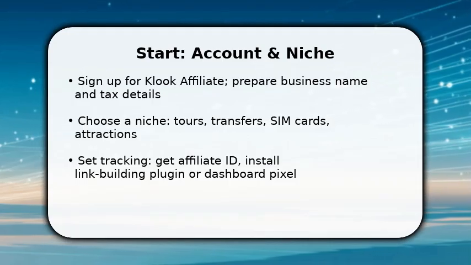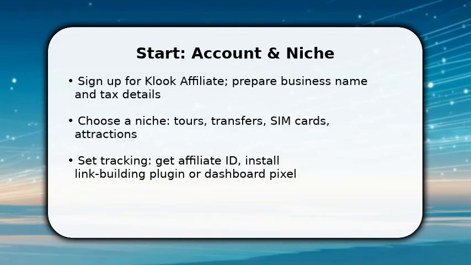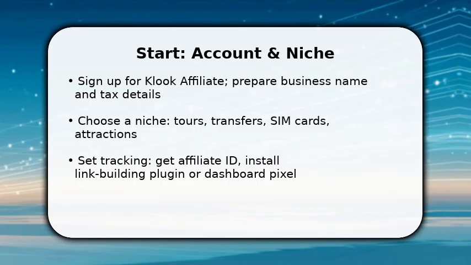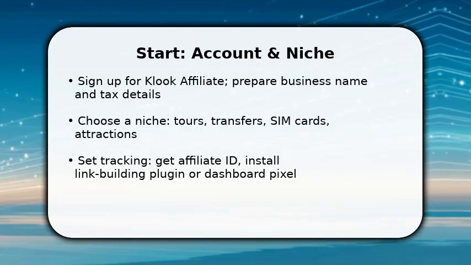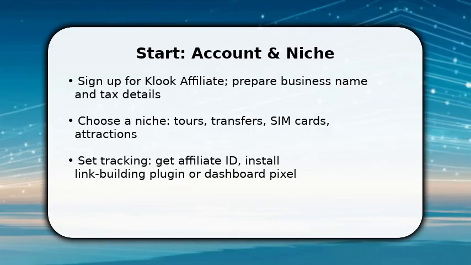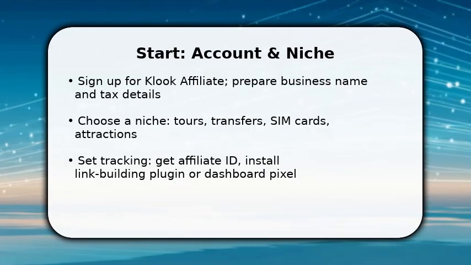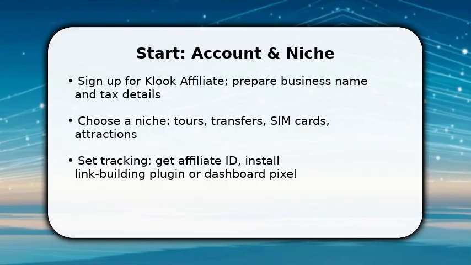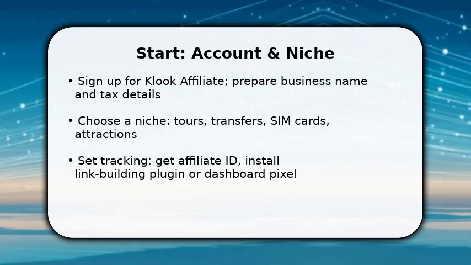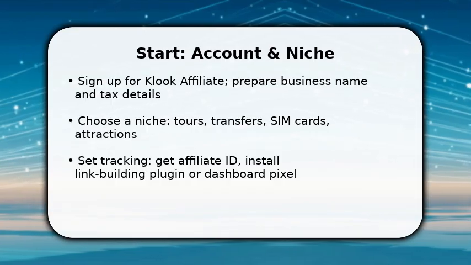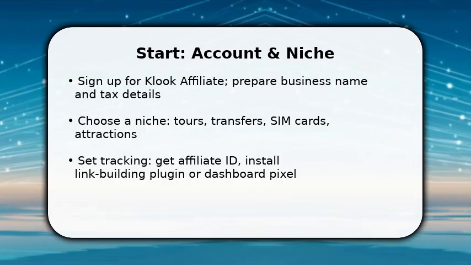You begin by creating your Klook affiliate account and selecting a focused niche so your promotions convert. Once done, verify tax and payout settings and copy your affiliate ID. This is how Klook attributes sales to you. Make sure to install a link builder or tracking pixel on your site or use UTM parameters for campaigns. This first step sets accurate tracking and payout paths, which is why you prioritize correct ID and a narrow niche